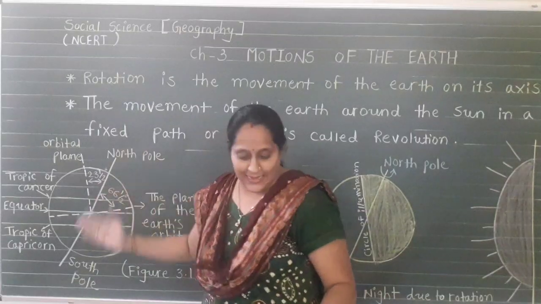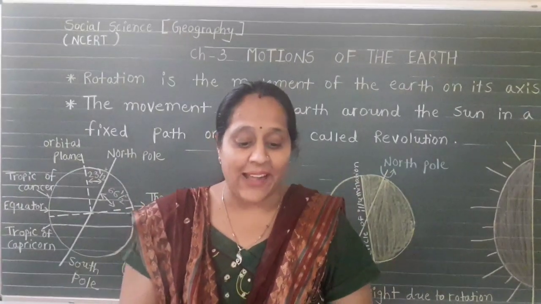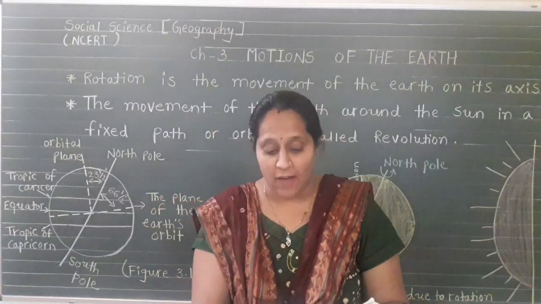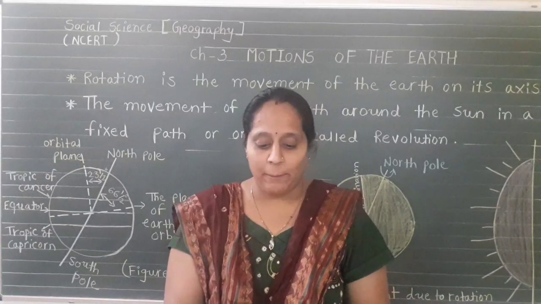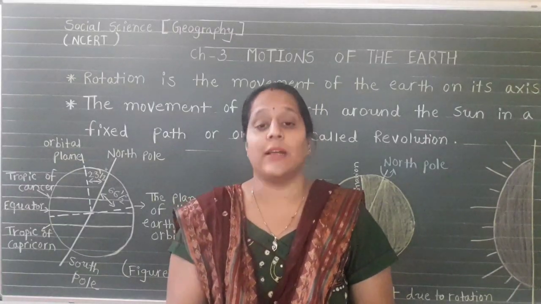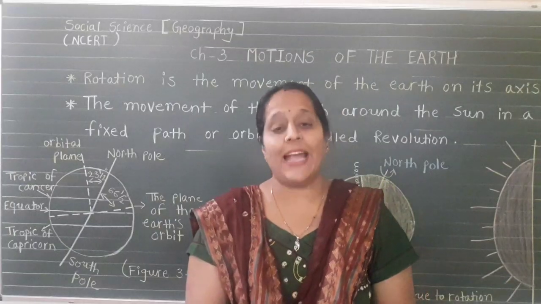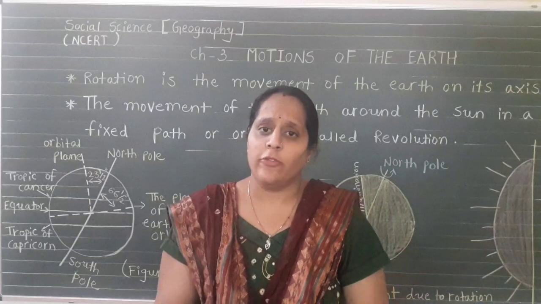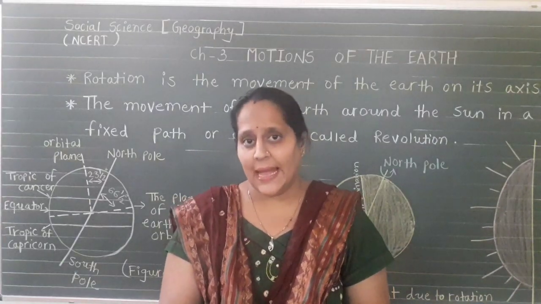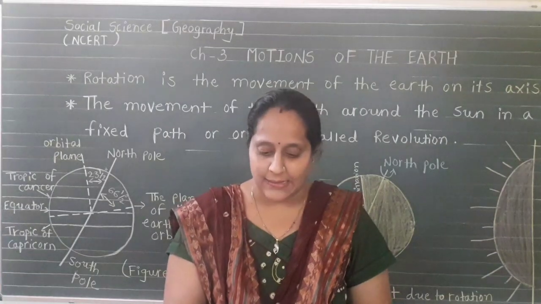Now the axis of the earth, which is an imaginary line, the middle line, is called the axis, which makes an angle of 66.5 degrees with its orbital plane. The plane formed by the orbit is known as the orbital plane. The earth receives light from the sun. Yes, we get maximum heat and light from the sun. Yes, the sun is one of the brightest stars of our solar system.